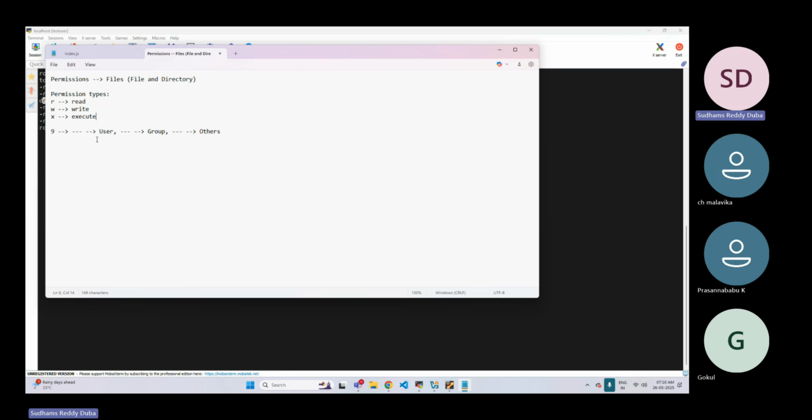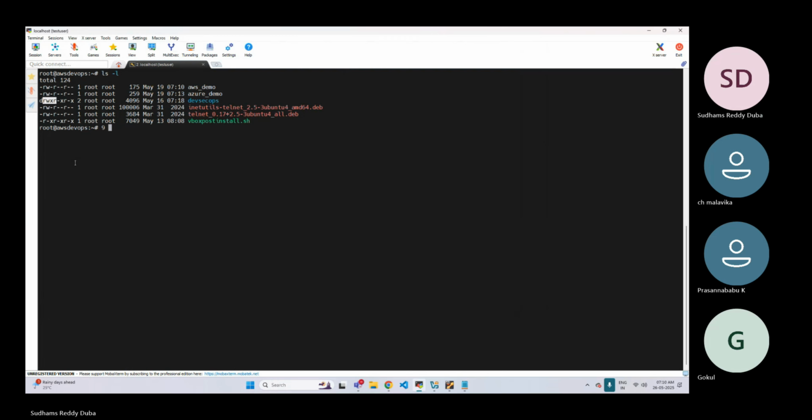Now, right now the question which everybody has is, you're saying this particular starting 3 belongs to user, next 3 belongs to group, and the next 3 belongs to others. Who is a user? I want to know which is a user having this particular permission.